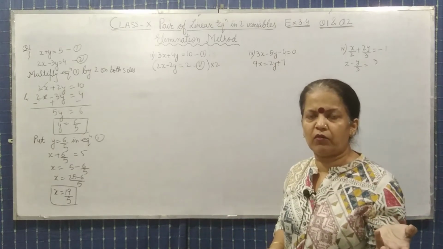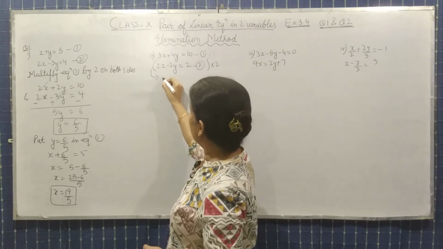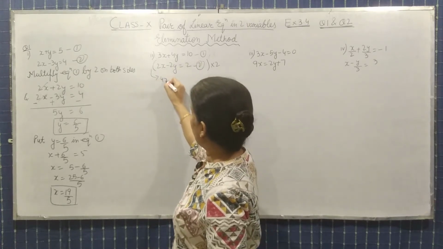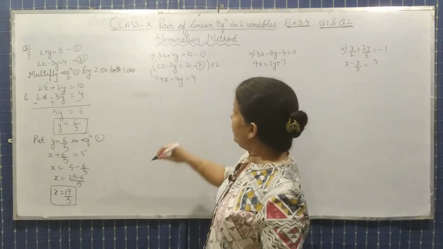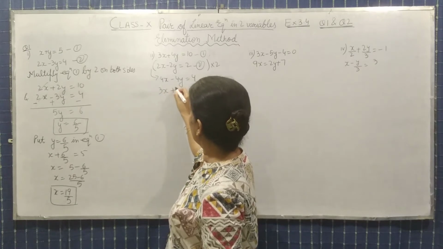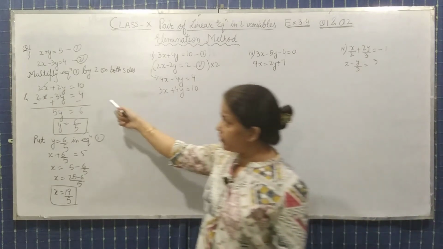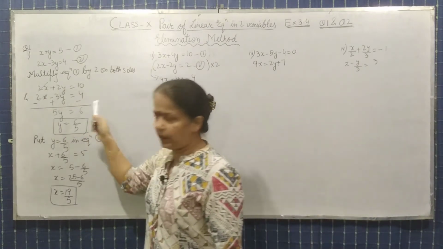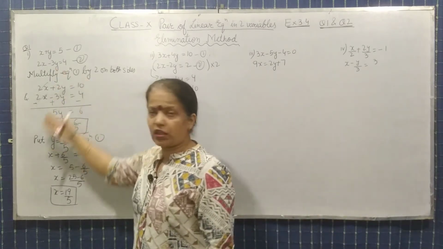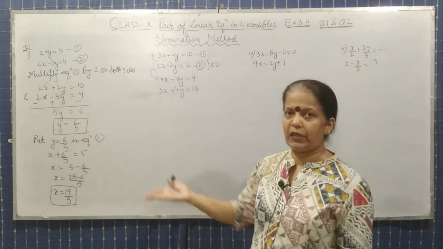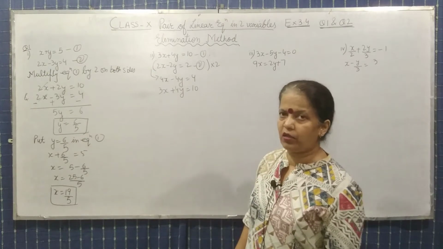You have to make the values same along with the variable. What will you get? Multiply on both sides. So 4x minus 4y equal 4. ठीक है? And write down the first equation as it is. 4y equal 10. What should be the next step? In the first question, what we did, we changed the sign. Isn't it? हम क्यों करते हैं change sign को? इसलिए करते हैं जिससे कि हम subtract कर सकें, आपस में subtract करके cancel कर सकें. But if you observe it, अगर यहाँ पर हम sign change करते हैं, you can't cancel the term.